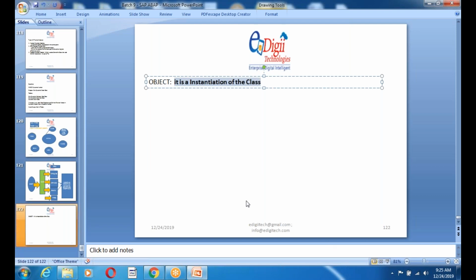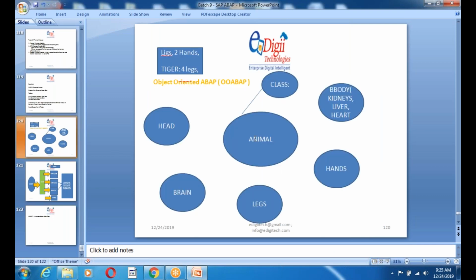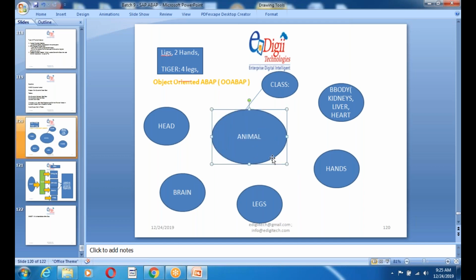So what exactly is the instantiation? If you see here, if you want to build an animal, you need to have all these properties. Based on the different kinds of animals, whenever you instantiate, whenever you build that animal, based on that,